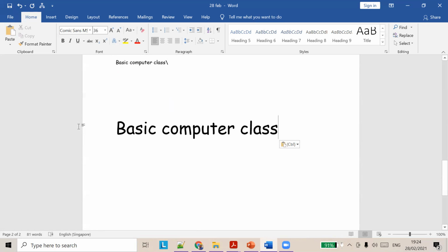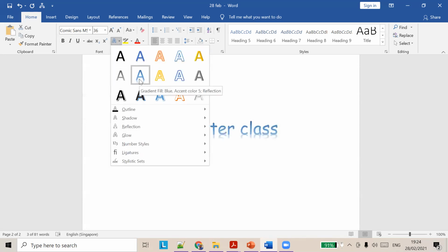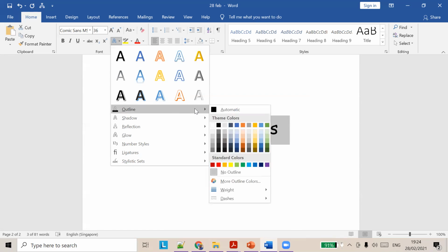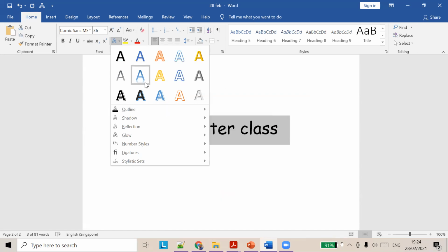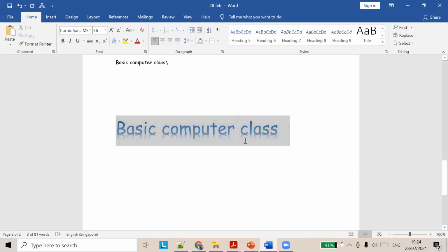If you select this text, you can type anything, and you can see the text alignments. If you choose all these options here, you can choose color options. You can see it has a shadow or a reflection for this text. So this is called text typography.